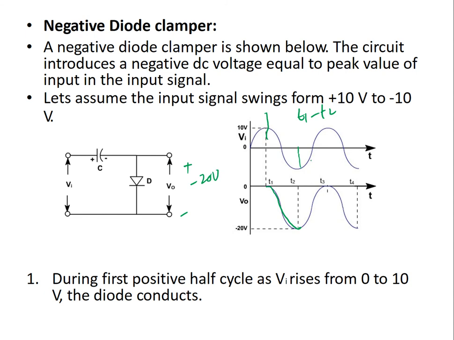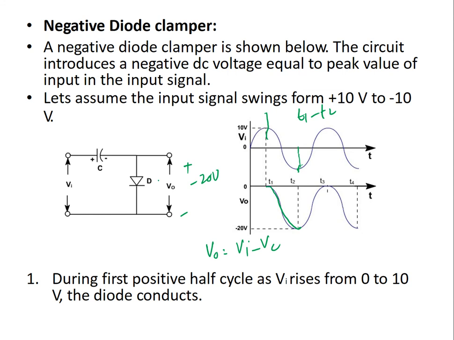Okay, now this cycle is starting from this side. Still our diode is in reverse bias. So here we get the minus 20 volt. Now for the next cycle, what will be happening? For each interval, my output voltage will be equal to Vi minus Vc. So again this cycle is starting, so we are in the negative region, minus 10 volts. So this diode is in reverse bias.